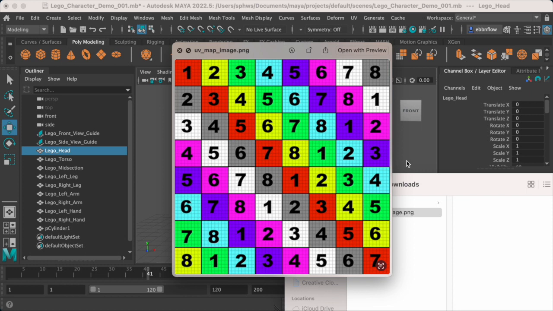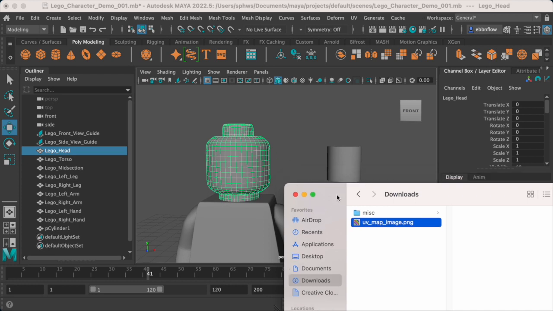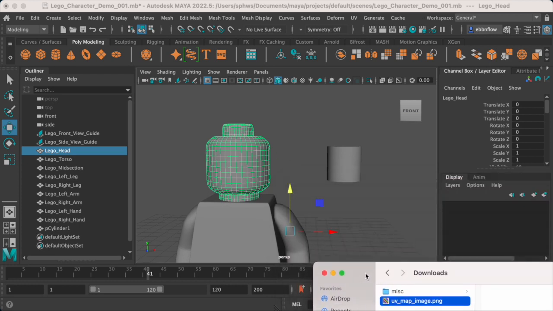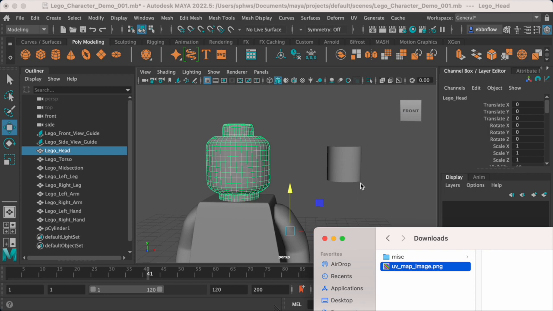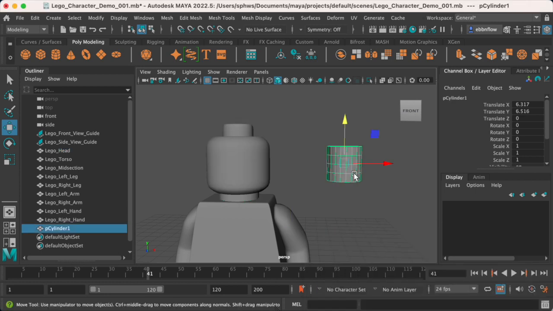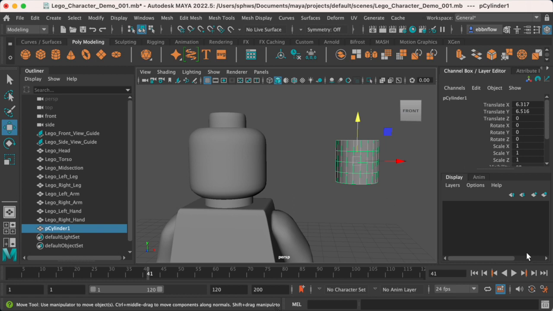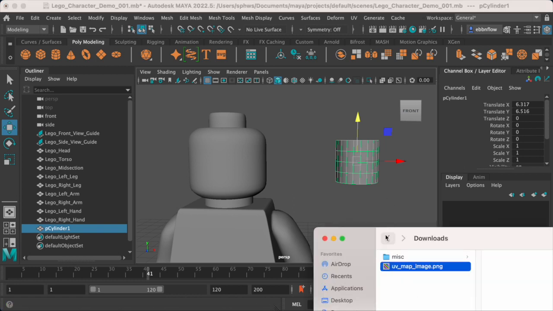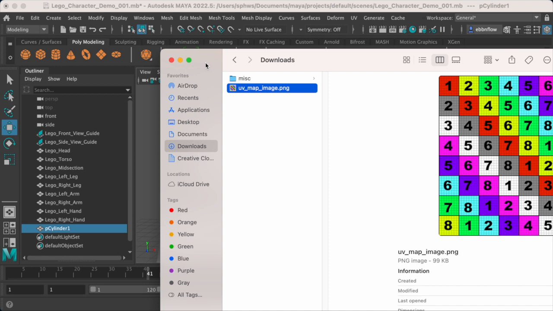If you notice, it's very loud colors and distinctive numbers. The main reason it's set up like this is so that when you drop off a texture, you can tell if things are proportionate or not, and also whether things are repeating themselves inaccurately. Now, once you do get this texture, my suggestion is you're going to be putting it